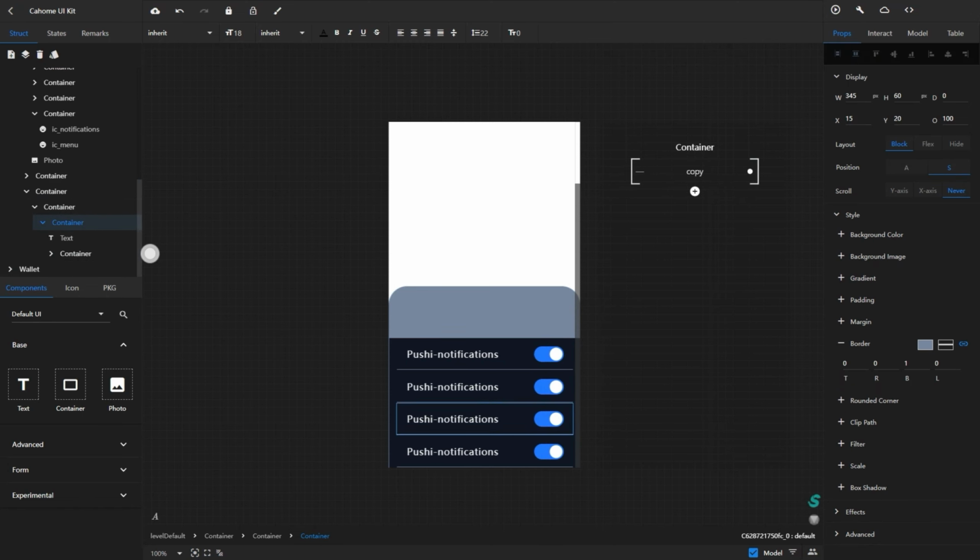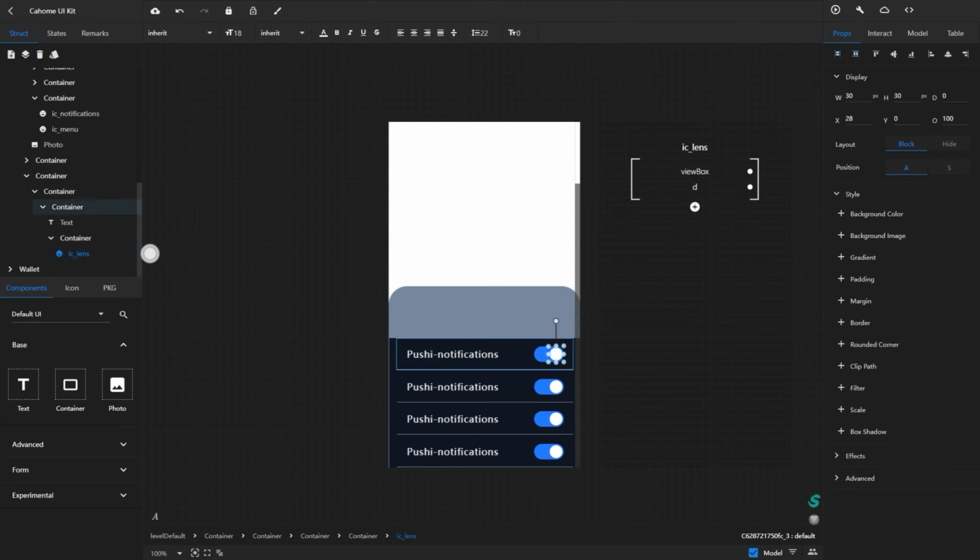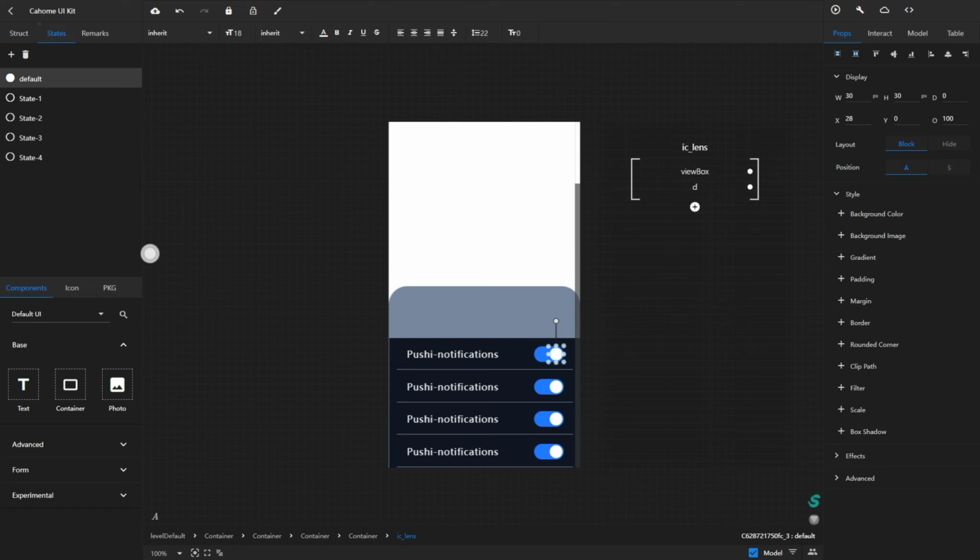We click on this container, we add a substate to it. Click to activate the second status.